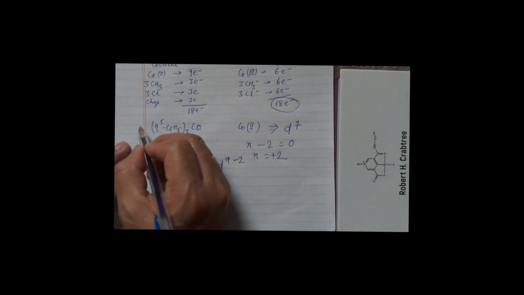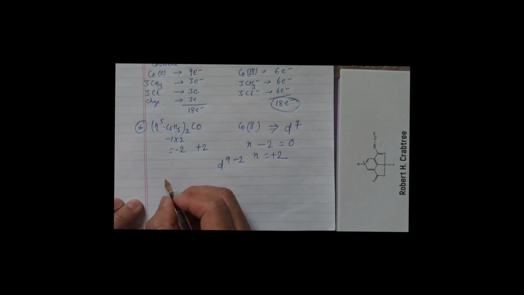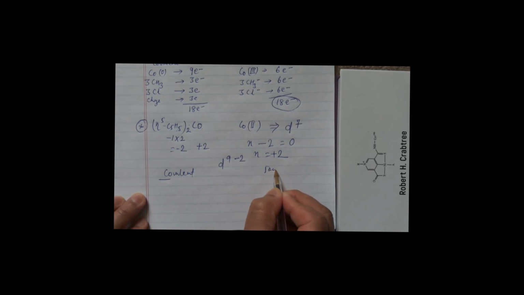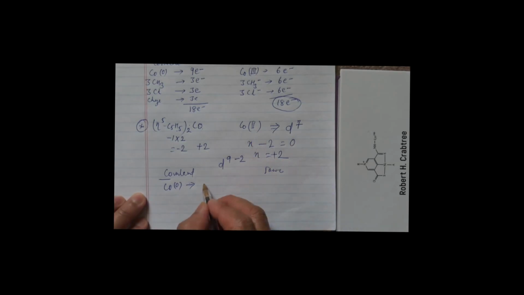D7 is the number of electrons in the cobalt here in this example. So now let's count the electrons. Let's go for the covalent and ionic methods. Again, in covalent you need to consider the 0 oxidation state, so in that case there are 9